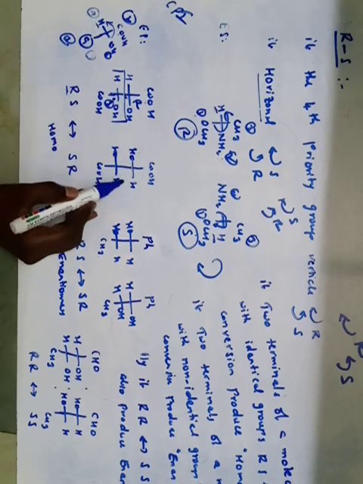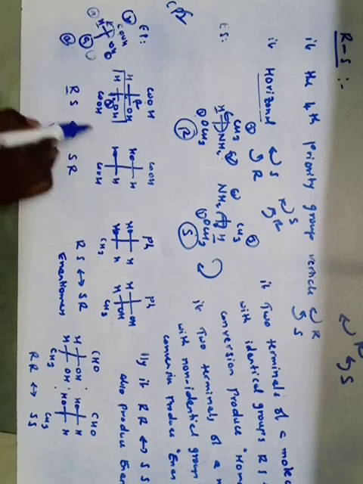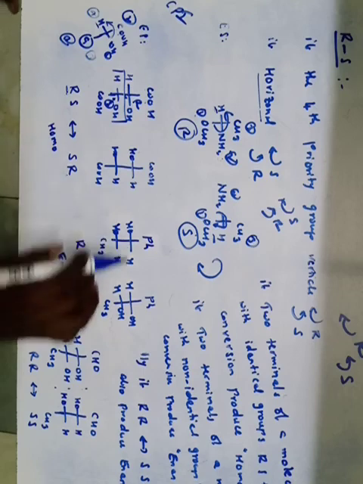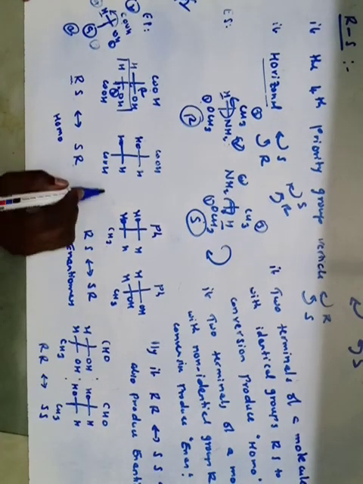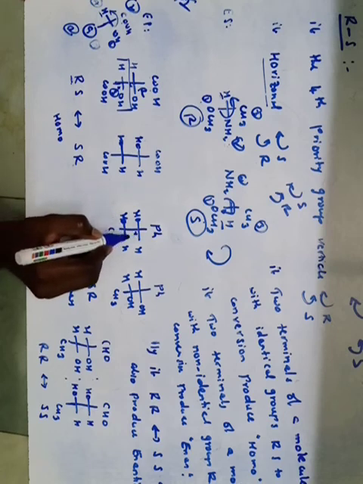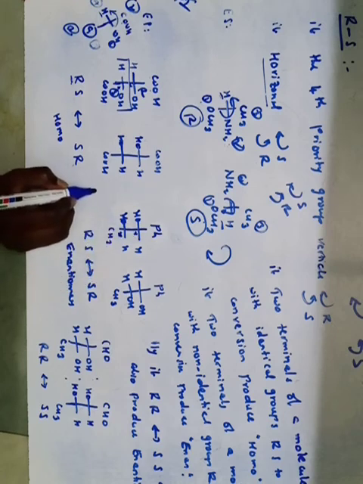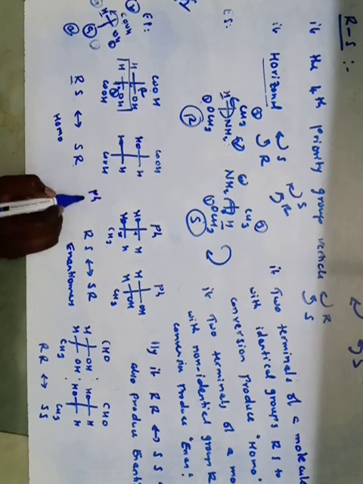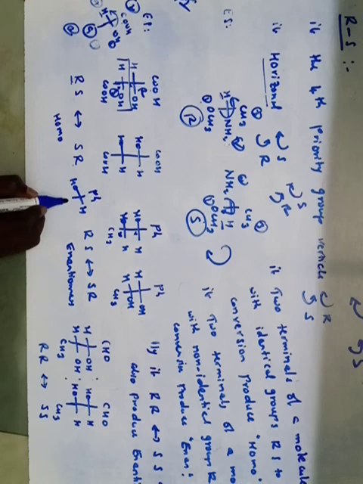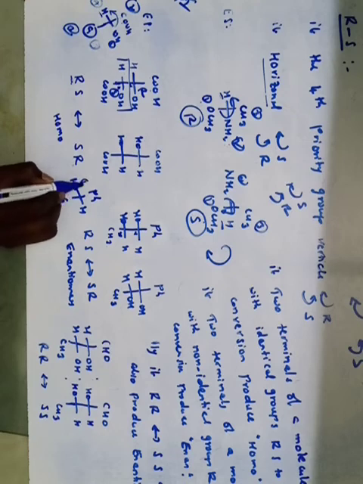Similarly, in the same way you have to find out: this is RS configuration and this is SR configuration. Similarly, I will tell you for this one. Let's see. These are the two chiral carbons, right? Here I will write Ph, and here H, and here OH, and this is the G group. Now we are giving the priorities, like this is one.